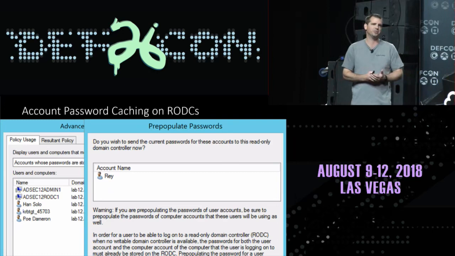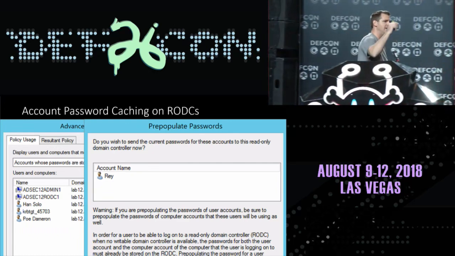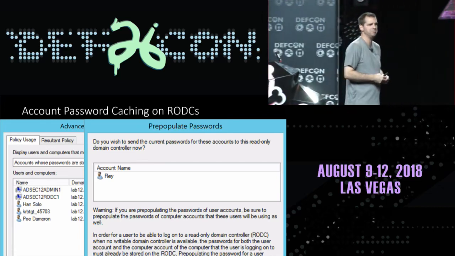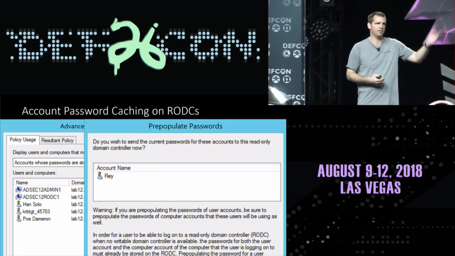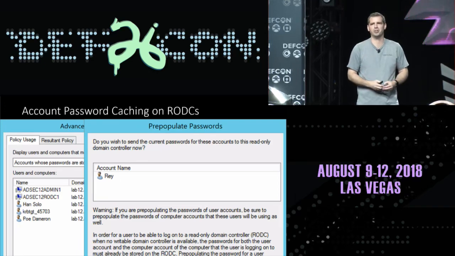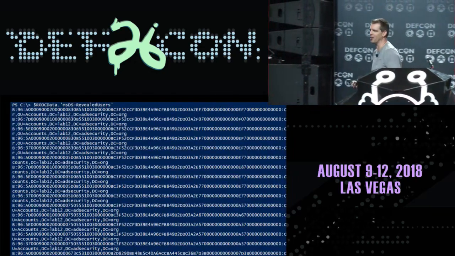So let's think of this from a persistence perspective. Let's say we have admin rights for like 5 minutes. What we can do is remove the krbtgt account from the denied replicate. We can remove the administrators group from the denied replicate. And then we can click pre-populate, and say, these accounts I want you to put on this RODC right now. Potentially, we can replicate the krbtgt account password hash to our read-only that we control. And if we can stay on the read-only, even if they take care of everything else we have, no one's going to notice this.